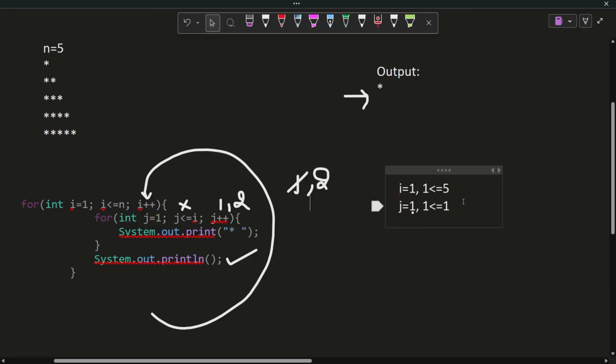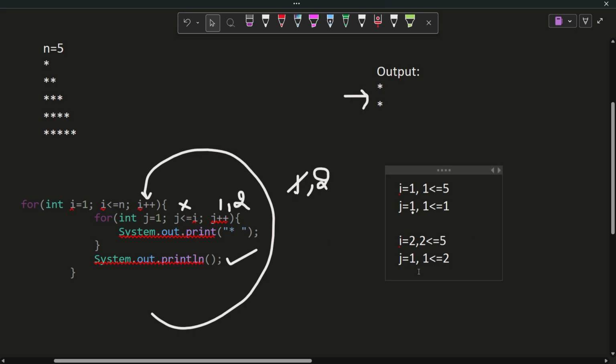Right? Now let us see what happens. i equals 2. Now 2 less than or equal to n, that is 2 less than or equal to 5. Right? Now j is 1. j less than or equal to i, that is 1 less than or equal to 2, what is the value of i here? 2. The condition is true. So it will print an asterisk for the second row, first column. If you see, i is 2 means the console will be pointing here. Clear? And j equal to 1 means the first column. It is printing an asterisk.